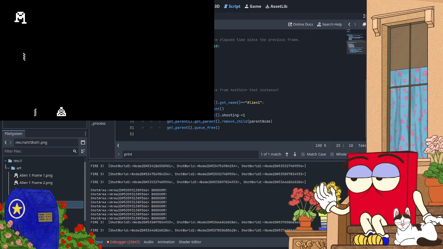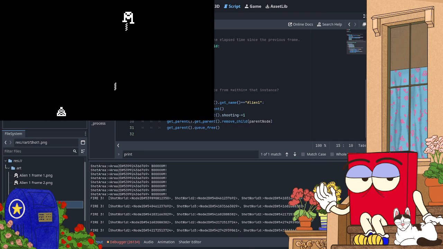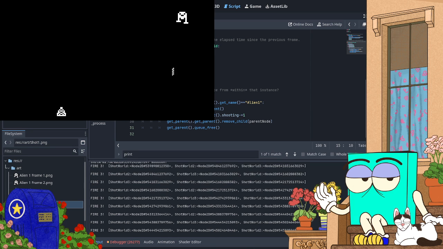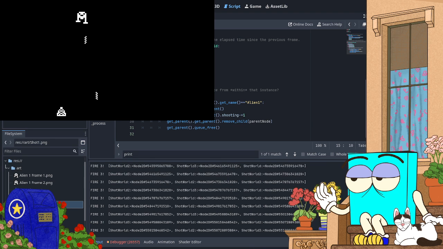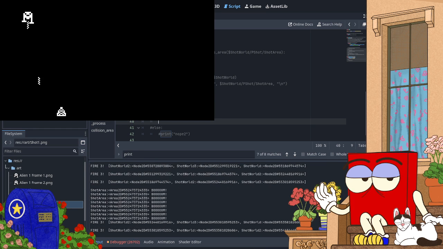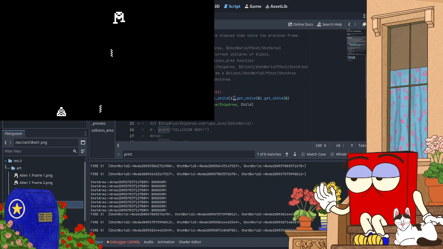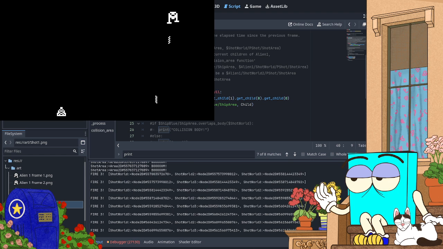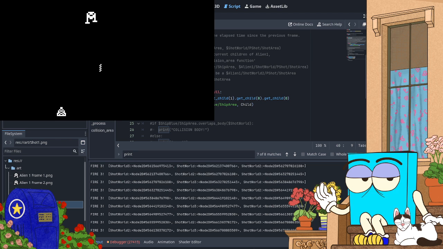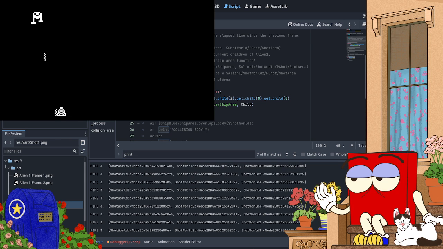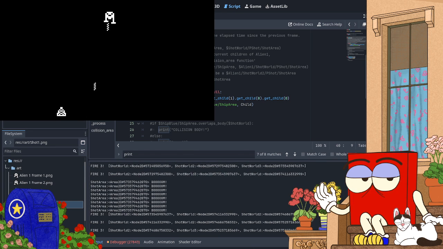Okay, I can do it in that order. Okay. So I'm at area 2 is alien shot world, P shot area.